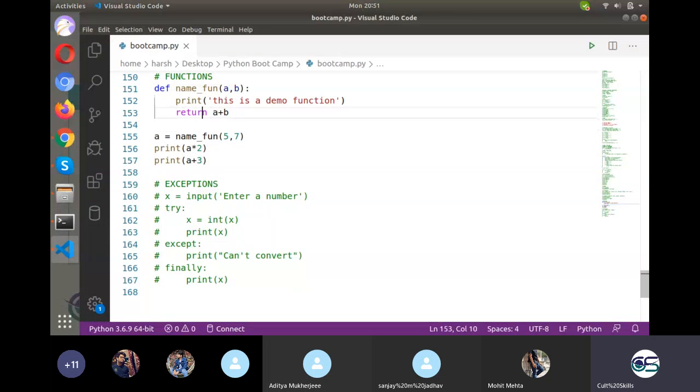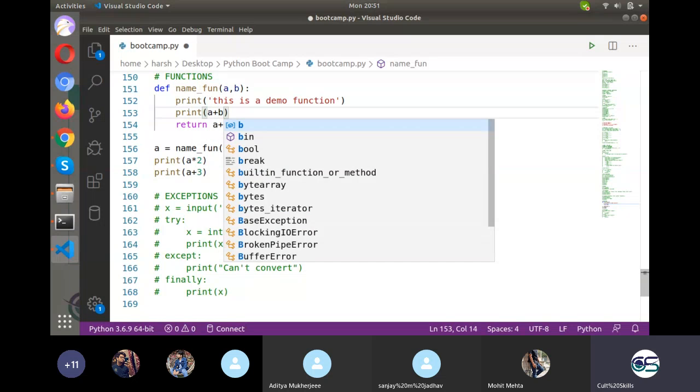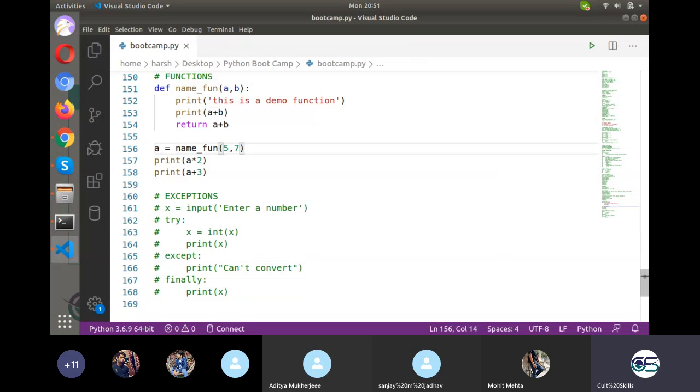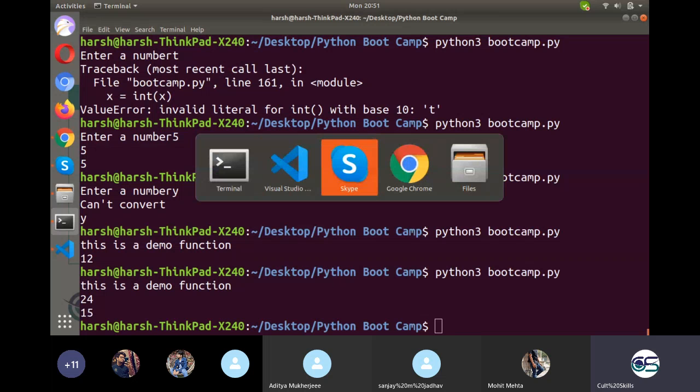Whereas this was not possible with the print command. If I had a print statement here, that is just for static stuff. I can just print whatever was mentioned in my code, but I cannot do anything with that. Whereas with return, I got a calculated value, so I can use it anywhere in my program. That is the difference between return and print.